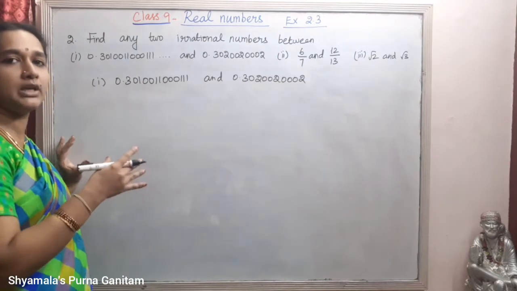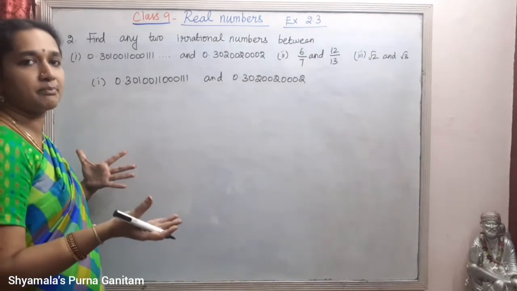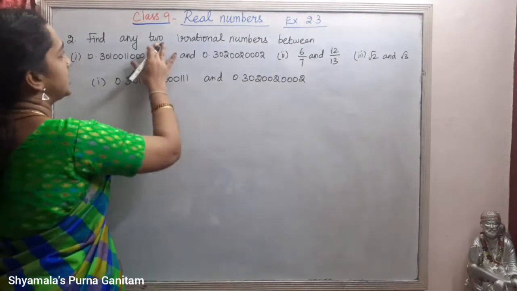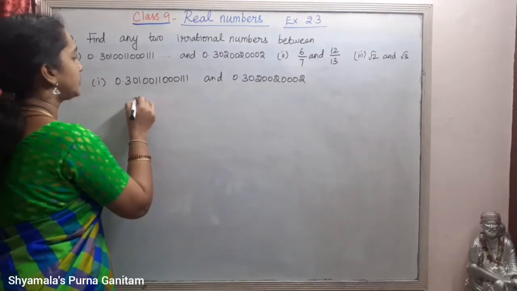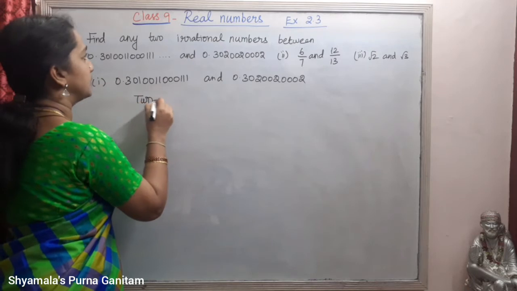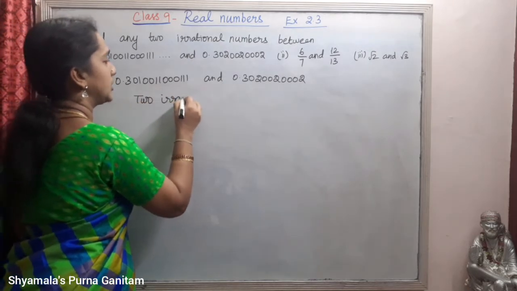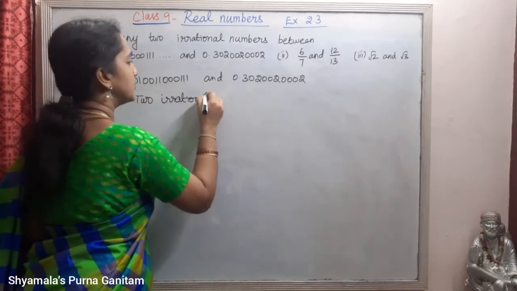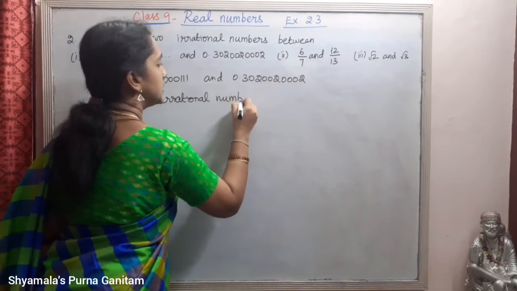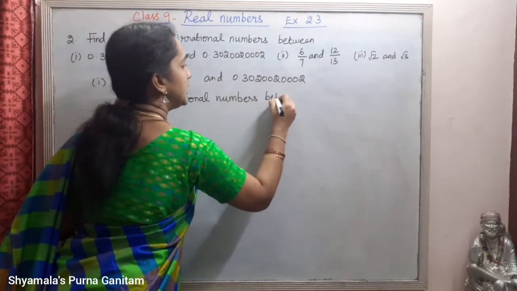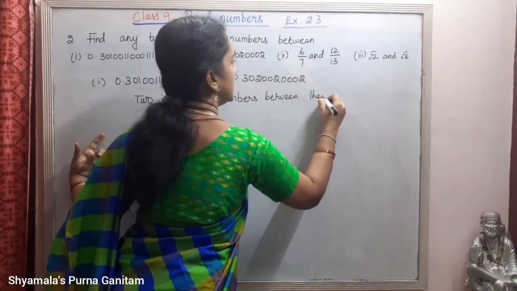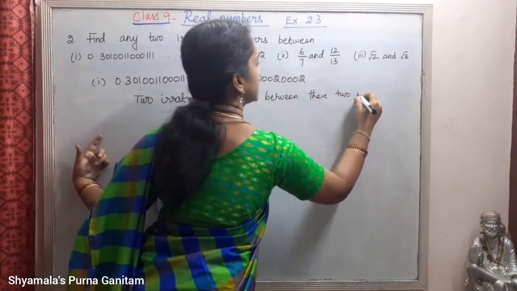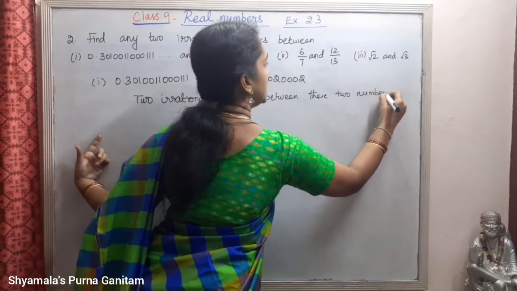So in between, so many irrational numbers we will get. We are asked to write only any two, so we will write any two only. So two irrational numbers between these two numbers are